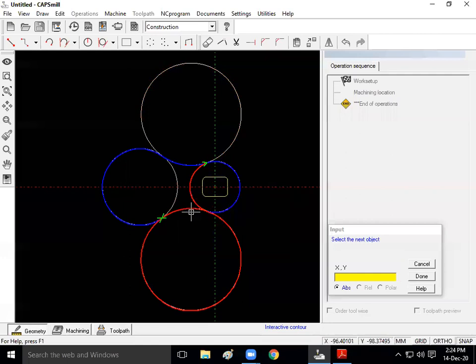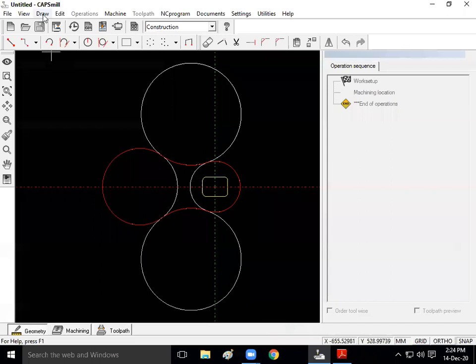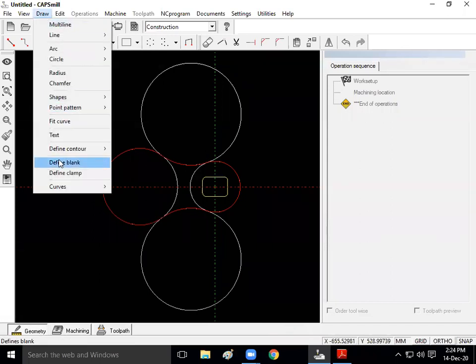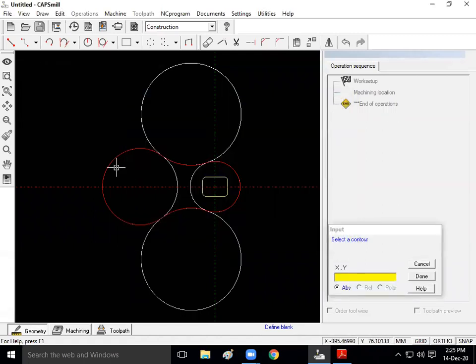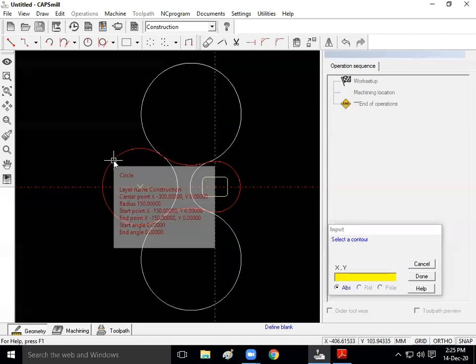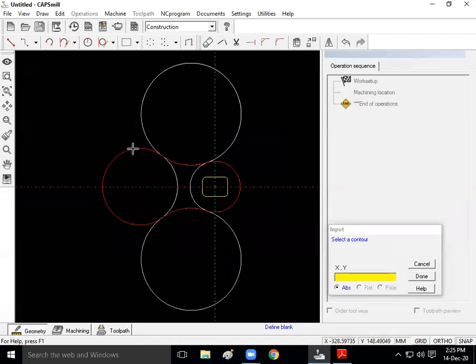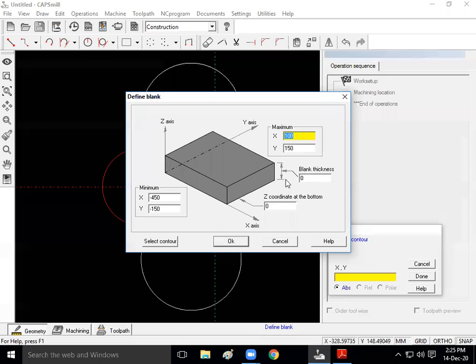After this, again, I'm going to go for draw, define blank. Here you select counter and select this red line. Now it is asking the blank thickness. We need to do the 5 mm face milling.